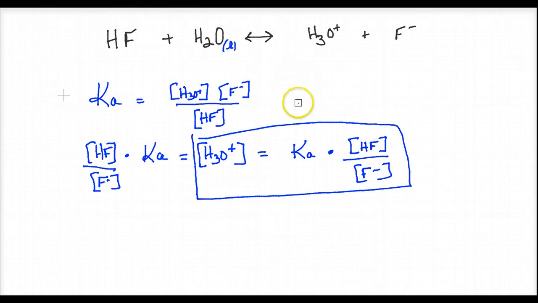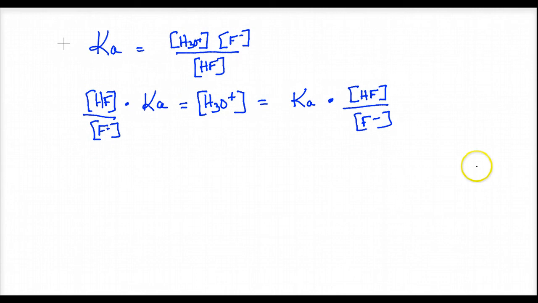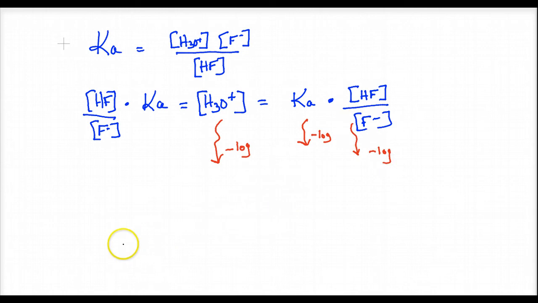Okay, so what I'm going to do is now try to get pH out of this. Well, I know to get pH from H3O plus, I do the negative log. In fact, if it's an equation, couldn't I do a negative log of both sides? So I'll do the negative log of the Ka and the negative log of this relationship. Do the negative log of everything, that way it's equal on both sides. Well, the negative log of the H3O plus concentration is your pH. The negative log of Ka is something called the pKa,